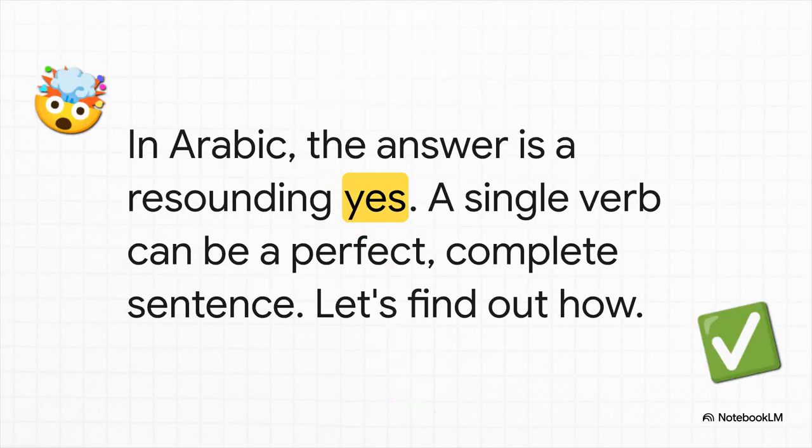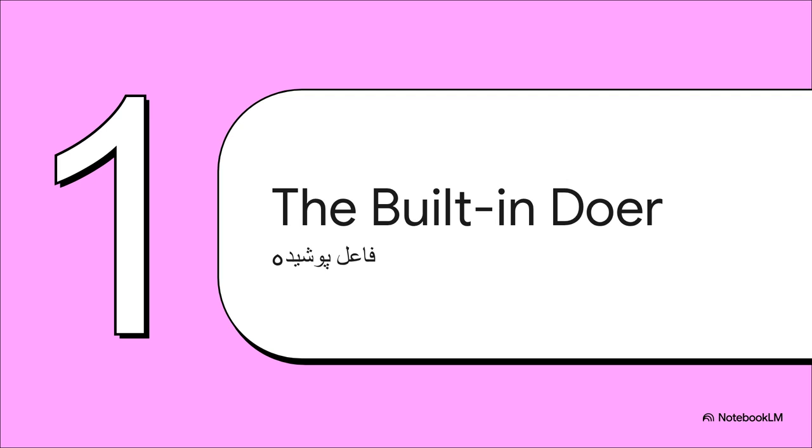Well, in Arabic, the answer is a huge, definite yes. A single verb can absolutely be a perfect, complete sentence. And understanding how it pulls that off, that's the key to everything we're going to talk about. So let's dive in. Okay, so our journey starts with the first phase of the Arabic sentence, and it's all